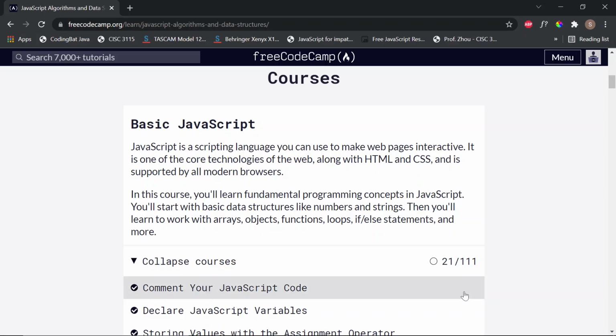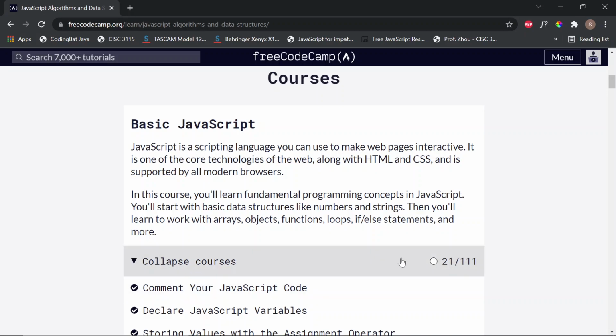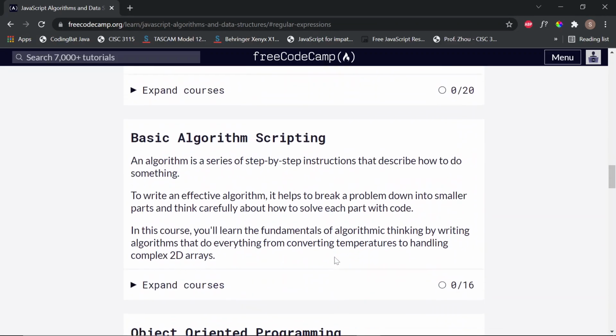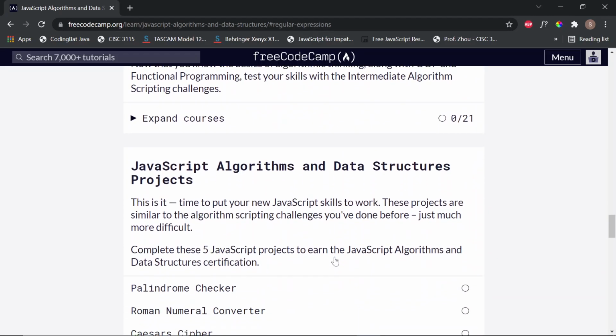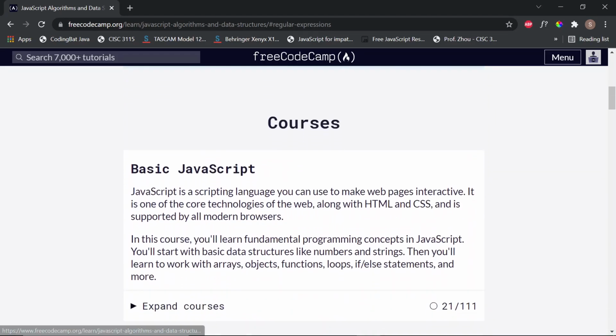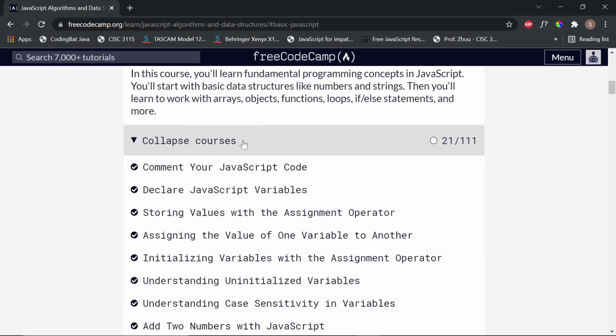We did 21 out of 111 lessons of this first section, of which there are about 7 or 8 of these sections. So we're gonna try and do another half hour today, and then I will try to post another video,